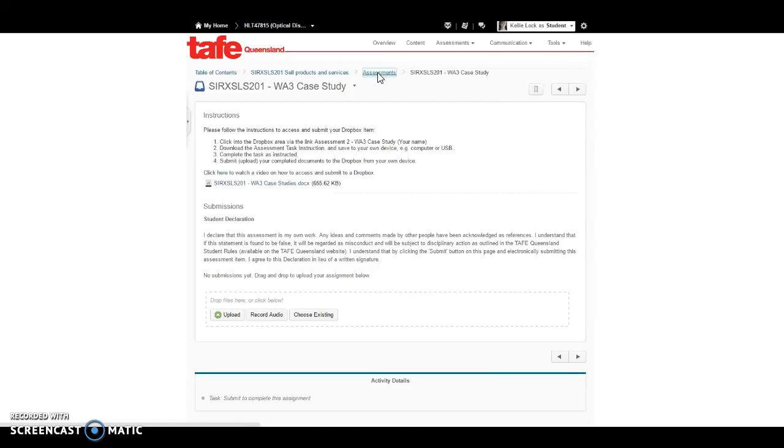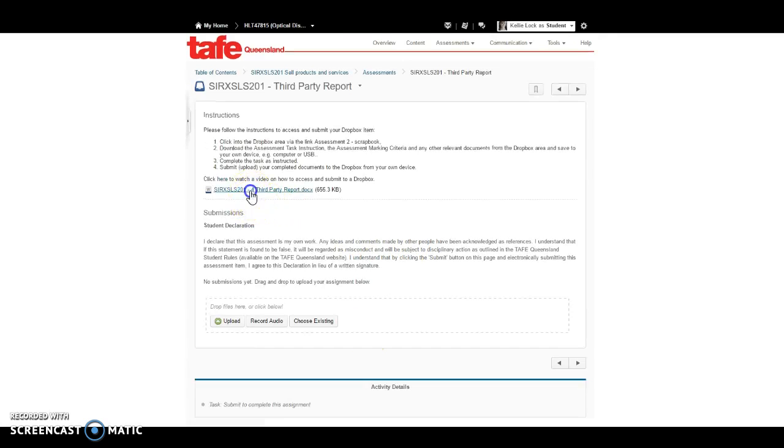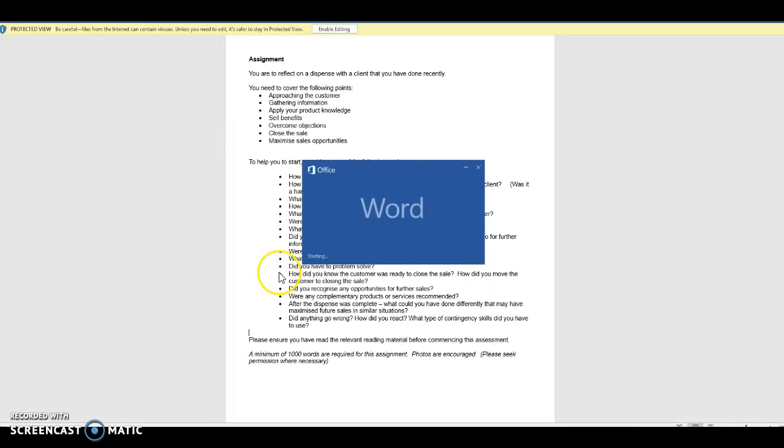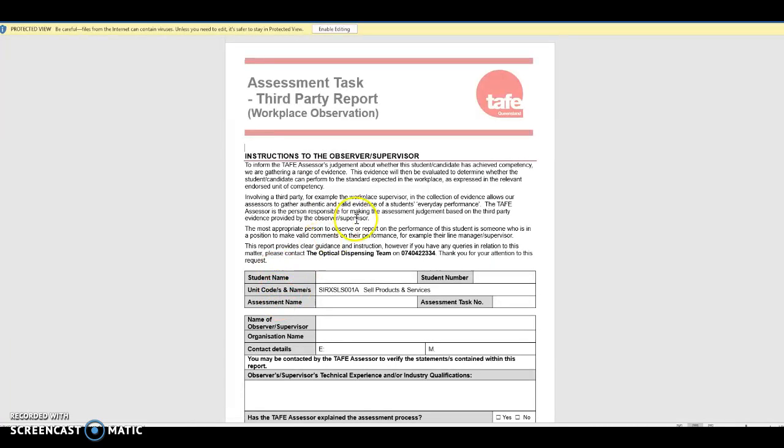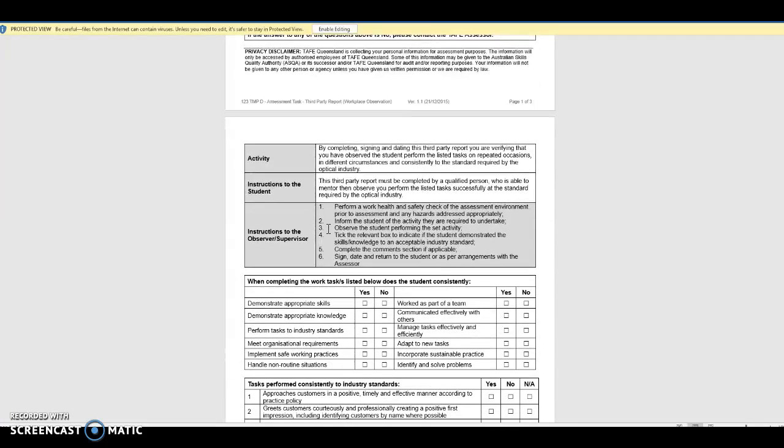And the final assessment is the third-party report. So again, just get your supervisor, print this off at the beginning of the unit, take it into work, discuss with your supervisor what you need to get signed off on, and do it over the period of time that you're enrolled. So again, just pop your student number and name on the top, the name of your supervisor and their contact details, and down the bottom,